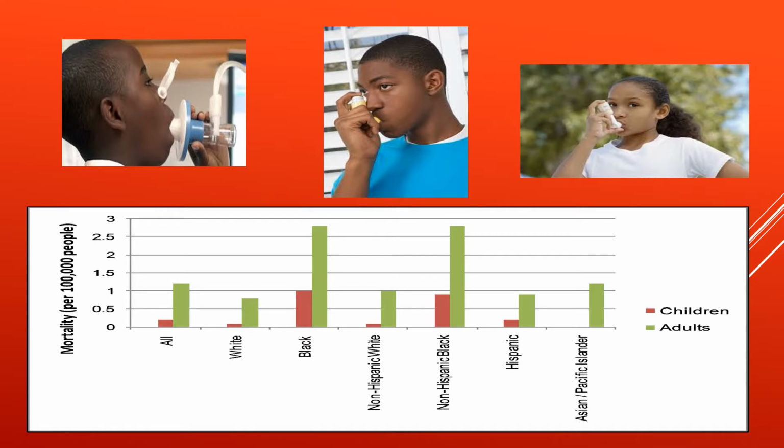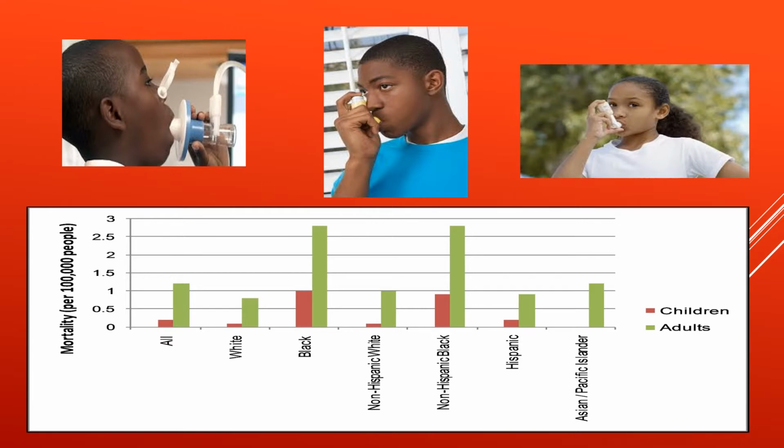I want you to pay attention to this graph. This graph lists the patients with their mortality rates for different populations. For example, we have populations of white people, black people, Hispanic, and we also have populations of Asian patients. It also is broken down into adults and children, and disproportionately, Black Americans suffer from asthma much more, and the mortality rates are very high too.